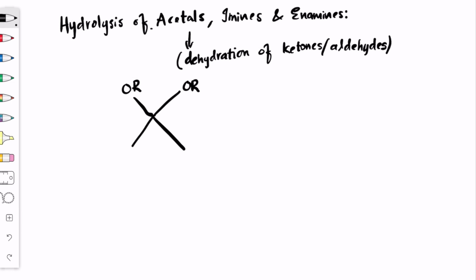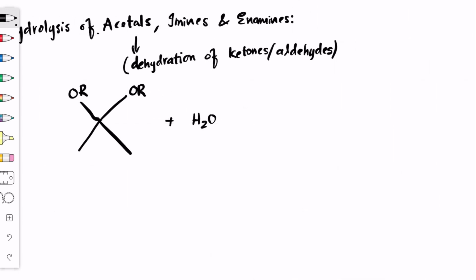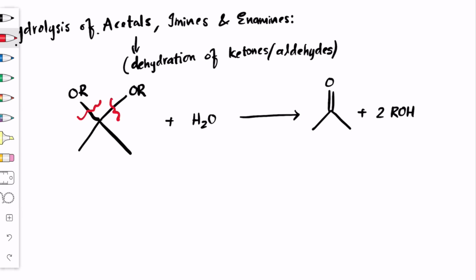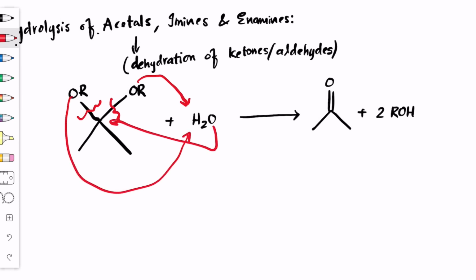Now let's take an acetal and let's say we hydrate. What will happen? So the hydration of an acetal eventually results in the same process of getting a ketone back again, plus you end up getting alcohol, primary alcohol, 2 ROH. So what is going to happen here is these two bonds are going to break, and each of the bonds is going to take up one hydrogen and the oxygen will go into that place. So this is the rudimentary form of the reaction that's going to happen. So we call this reaction a hydrolysis reaction,